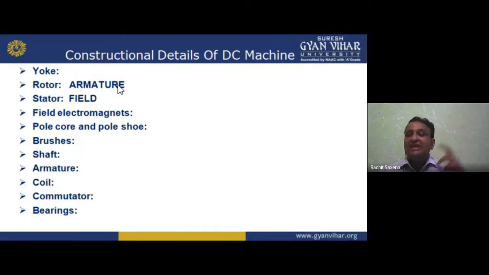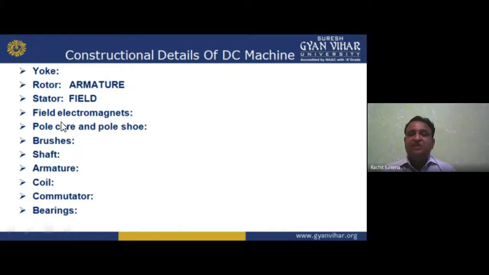So if we have electromagnets, my dear student, what do we have to do? How can we make an electromagnet? We can use the Biot-Savart law. If I am using the Biot-Savart law, do I need a coil in which we have turns? Then we have the core, and the core is made of ferromagnetic material. That core is known as the pole core in a field. Why is it called a pole core? Now first see, the field is there, that is the stationary part.